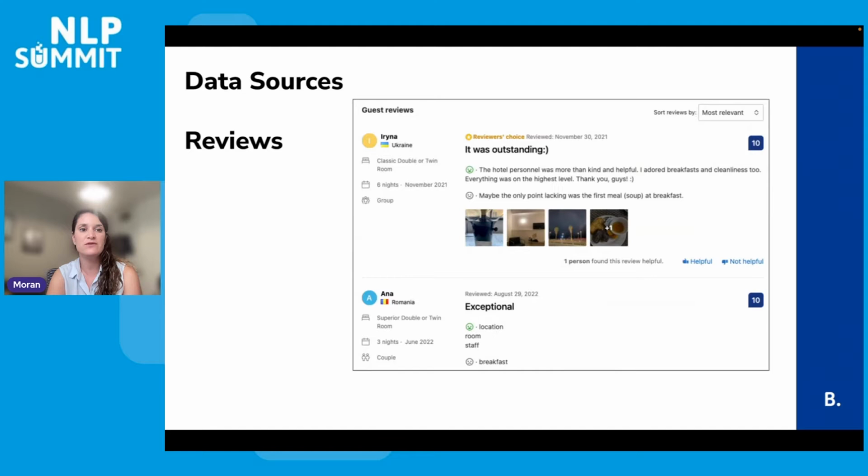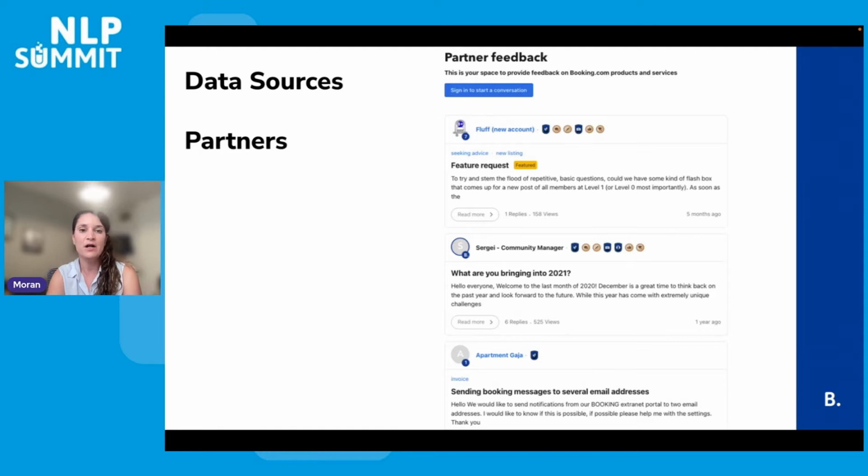And we want to do it for any data source in Booking, not just reviews. The main data source is reviews, as you can see here, on the website where you can leave a review for any accommodation that you visit. But there are a lot of other kinds of text in Booking. For example, the partner side.